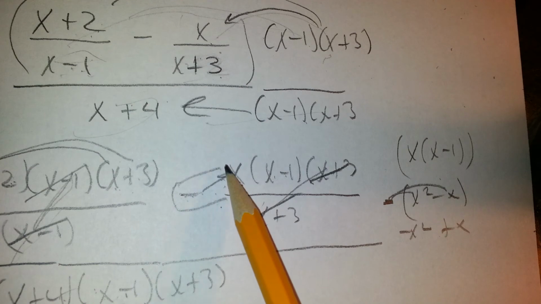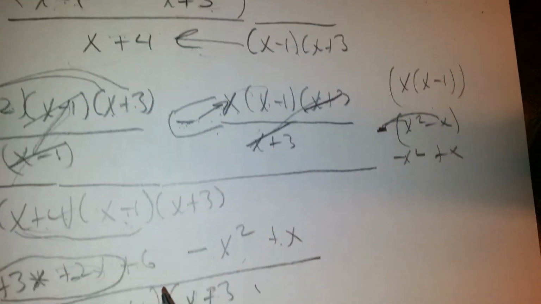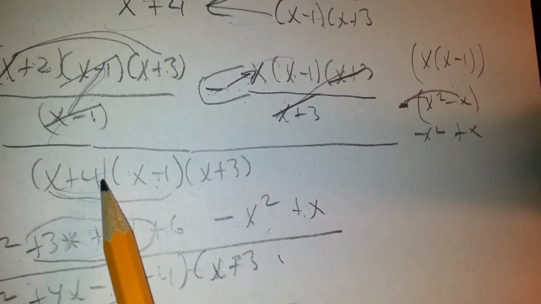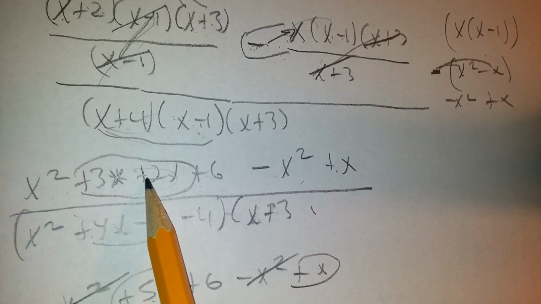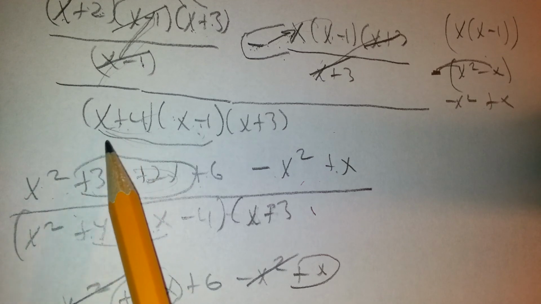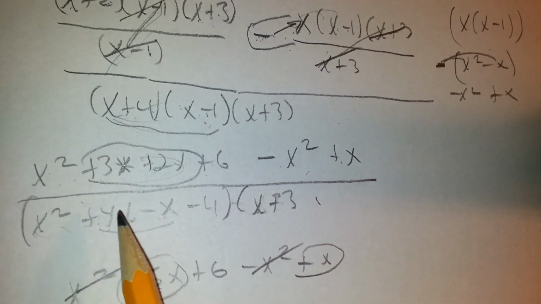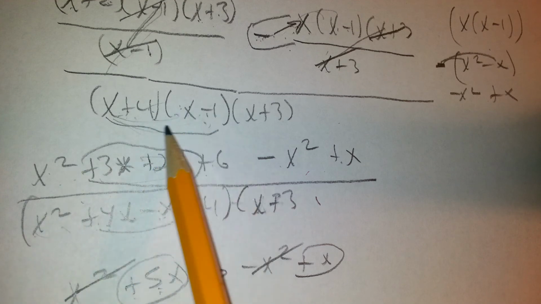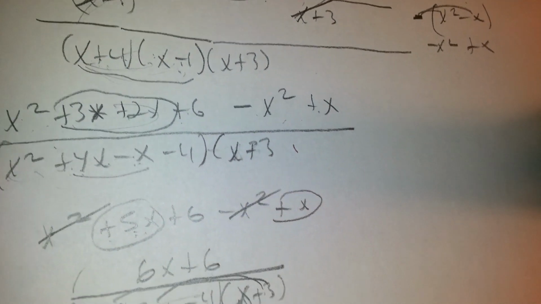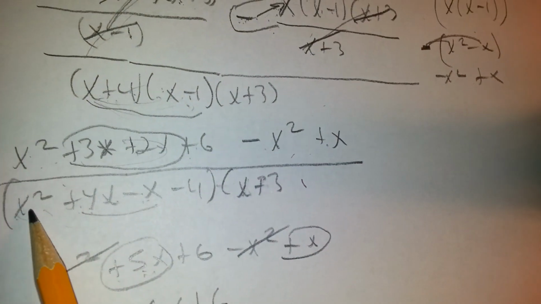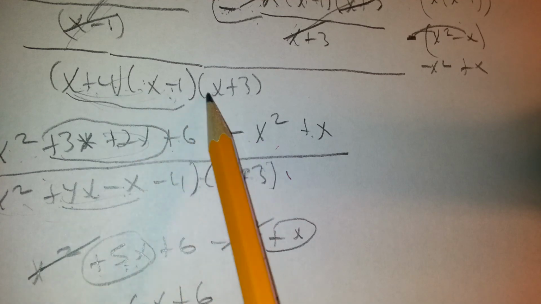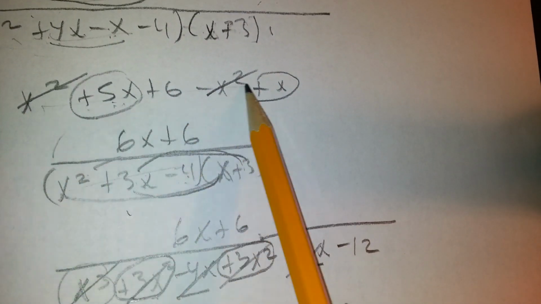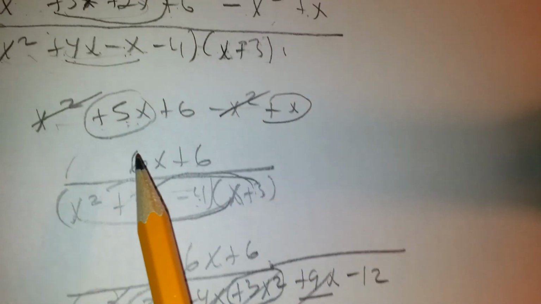I said different techniques. You can multiply this and then distribute, or you can attach this to the negative to the x and distribute it that way. Down below, no canceling. There were no cancellations. This times this, and we foiled it. X squared plus 4x minus x. That's going to be, like I said, here's a 4x minus x. That's going to be our 3x. So we foiled this out, and then we are going to still have to multiply it by that x plus 3. Anyway, we did simplify the numerator,